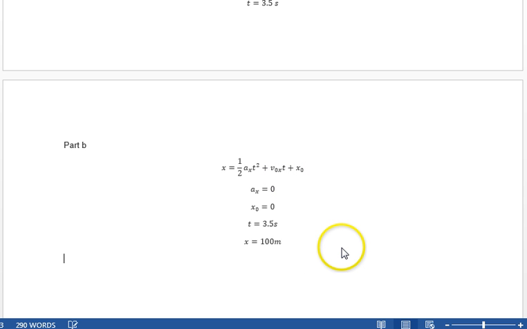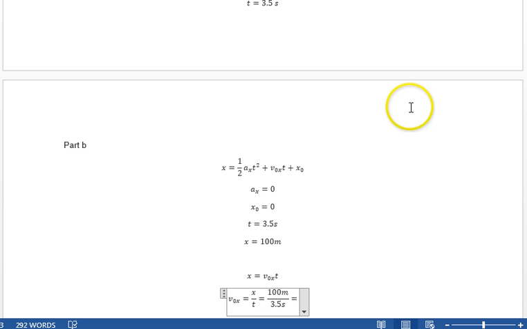So it simplifies down to, putting in the zeros, x equals v naught x t, right? So v naught x equals x over t equals 100 meters divided by 3.5 seconds